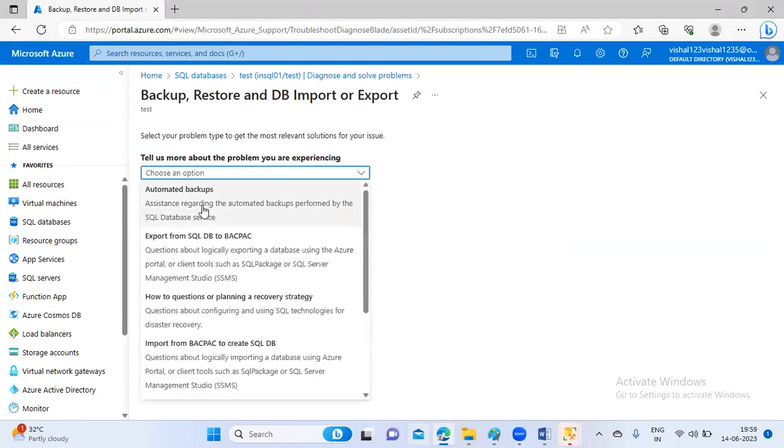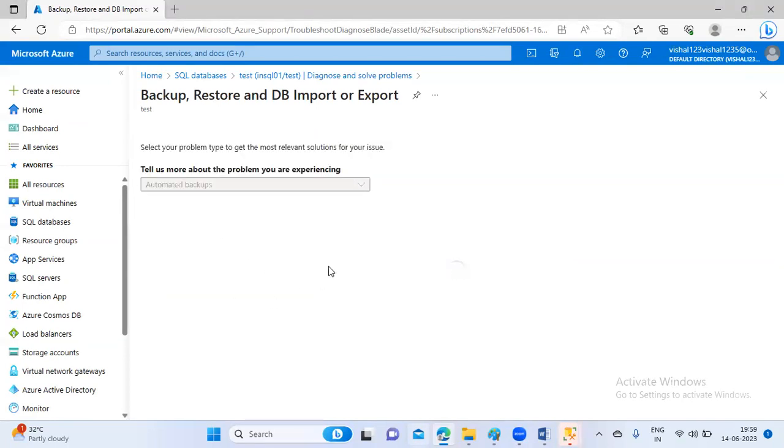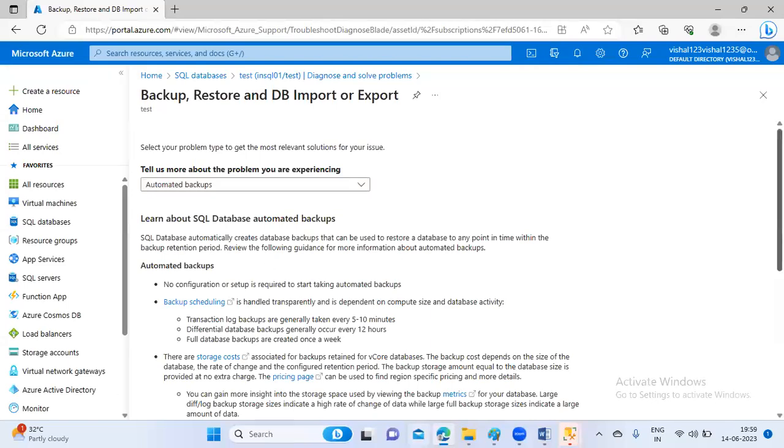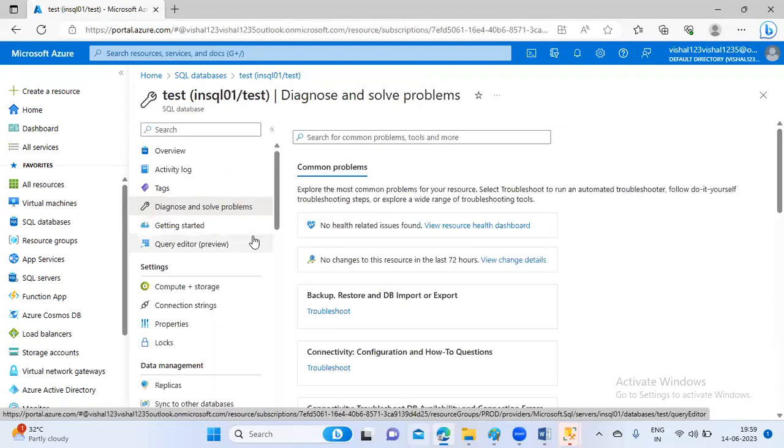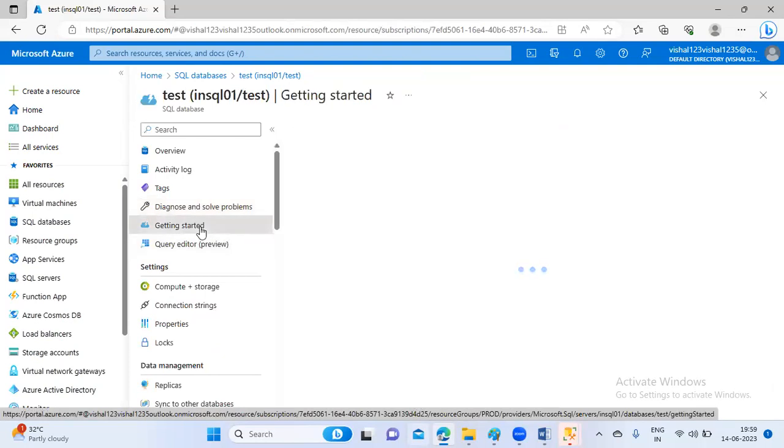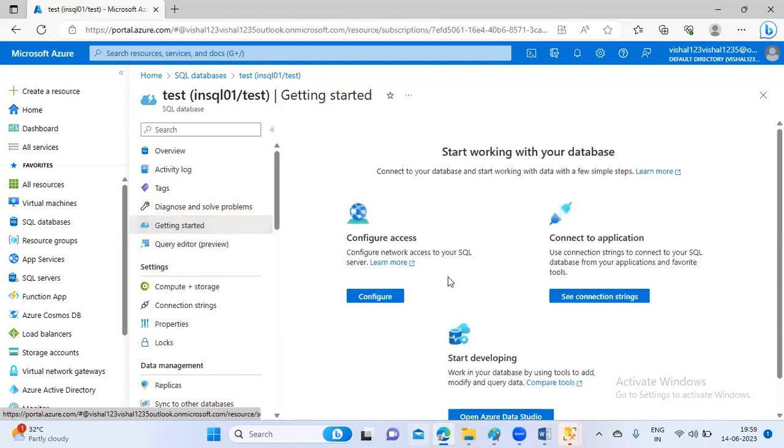Choose option, automatic backups. See now, it will give you the information basically about the problems, correct? Let me go with the next one. So getting started. What is this getting started? If you want to anything that you want to